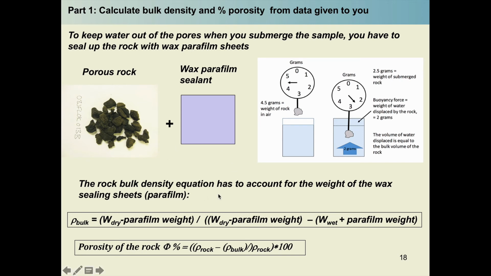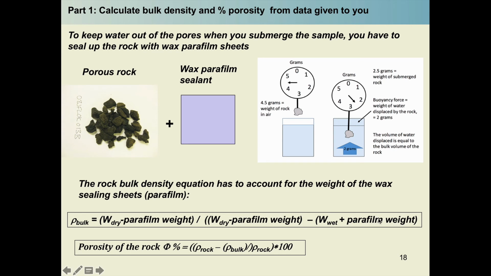So your rock bulk density equation has to account for the weight of the wax sheets that you used. And if you have a little rock, you can use 1 sheet. If you've got a big rock, you might need 2 or 3. So your bulk density equation becomes something slightly different. It's equal to the weight of the rock weighed when it's dry minus the parafilm weight that you use, so how many sheets of parafilm, divided by the dry weight minus parafilm minus the wet weight plus the parafilm weight,